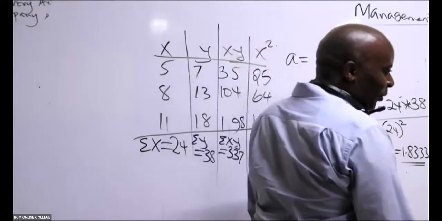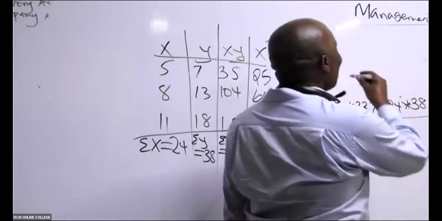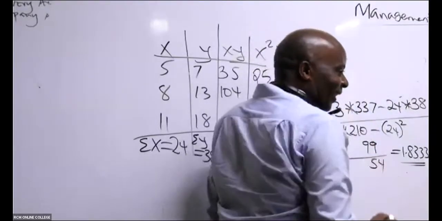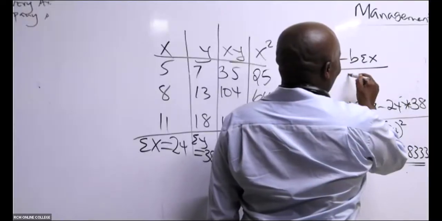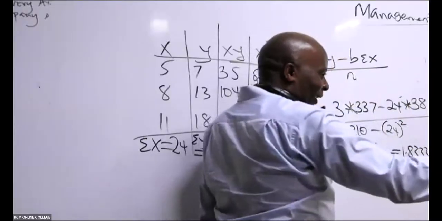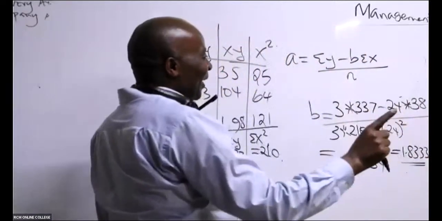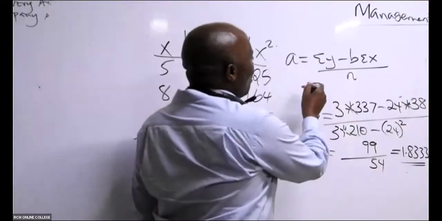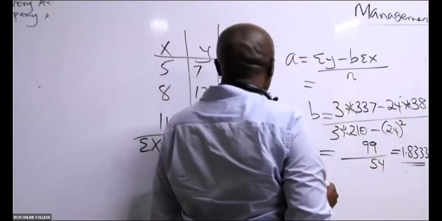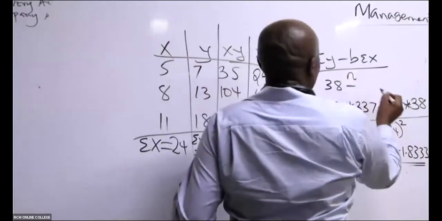Is there somebody who is able to remember the formula? Summation Y minus B summation X, over... You've tried, but you have struggled a little bit. Don't worry, I will get you in a moment. So summation Y, do we have summation Y? So summation Y is what here? 38, minus B, which is